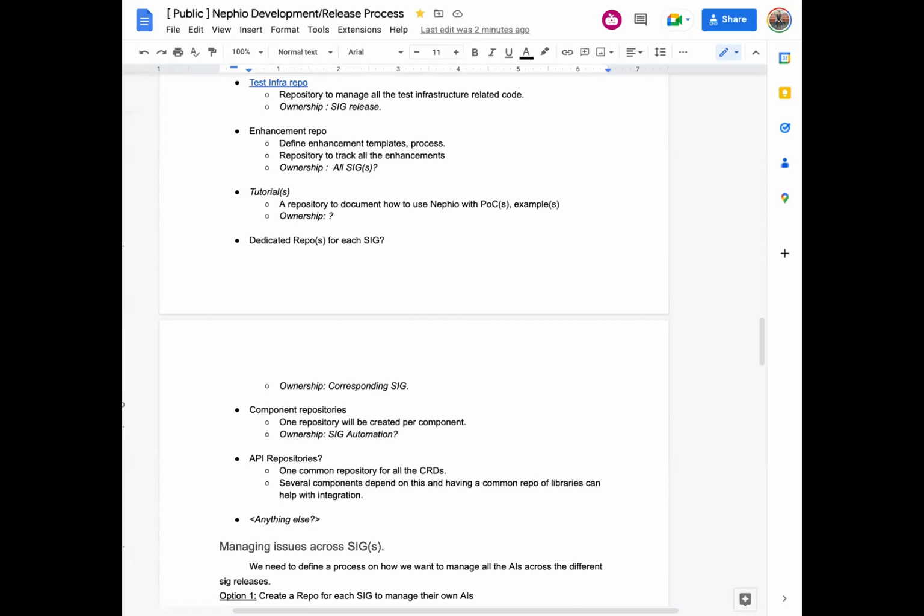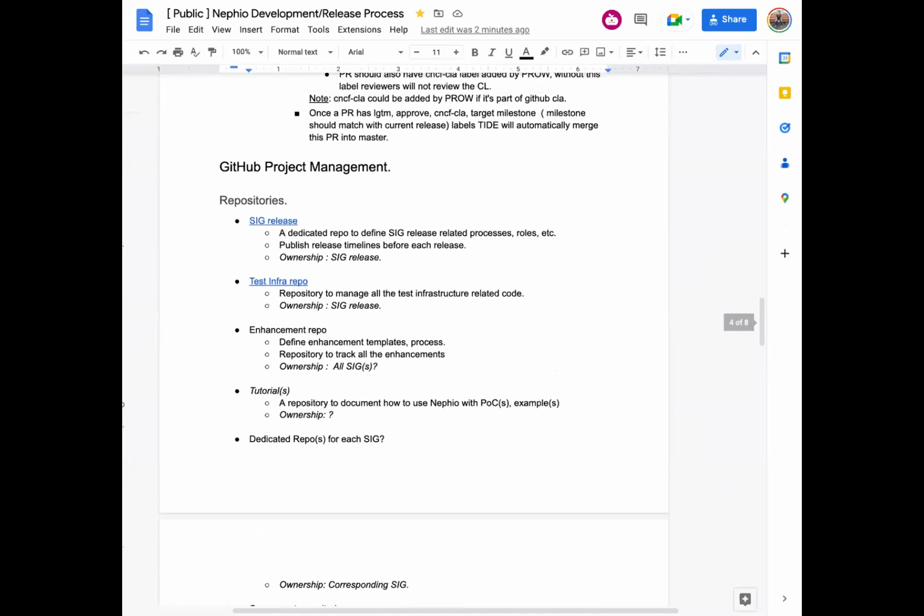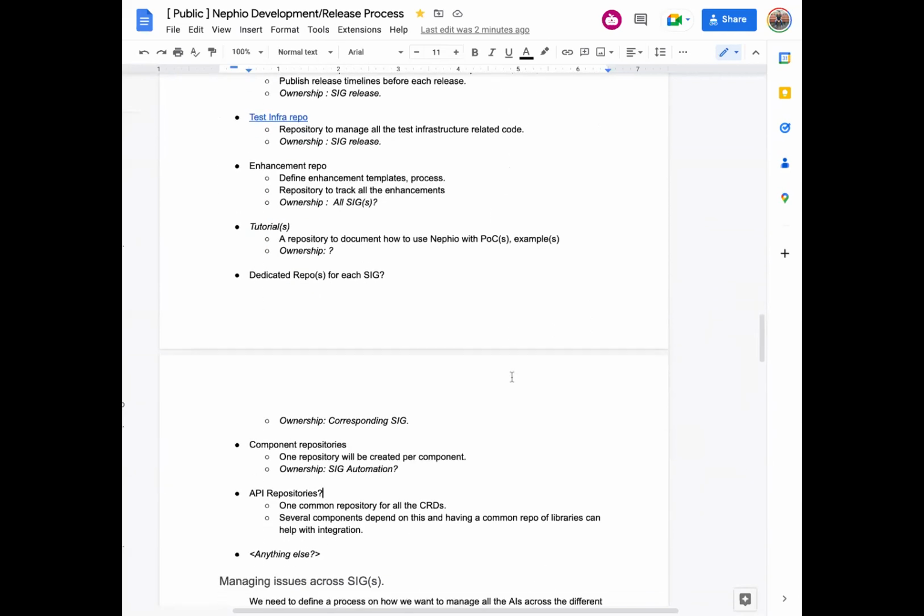I don't know, Wim, Steven, if you guys had anything, please go ahead. I agree. There are some dependencies and some not, but it's loosely coupled. In some cases, there will be dependencies. If that's the case, that's where I was going with the common repository question. Would it make sense to have separate repos, or would you still put all the CRDs in the same repo, even though they have a different life cycle